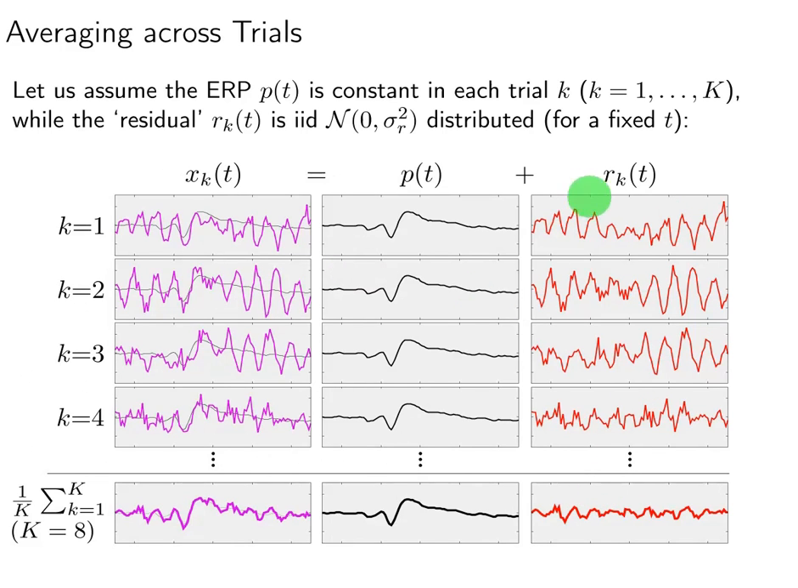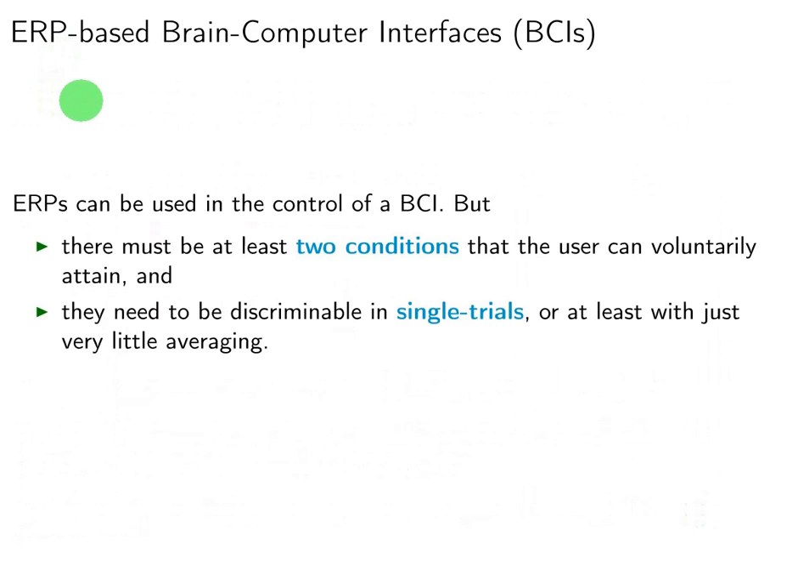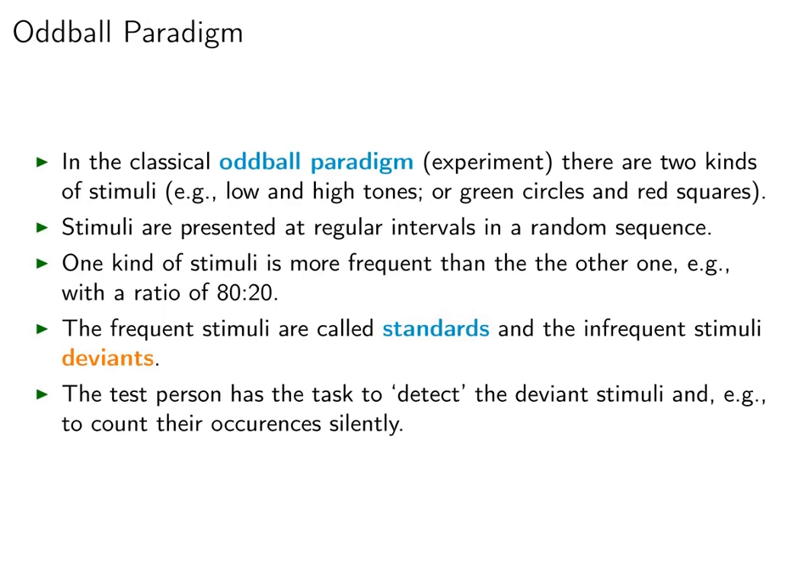Visually we can see we eventually want to minimize the noise in the data and recover the true signal of interest, the true ERP component. That's why we talk about noise here. So if you want to build a BCI that uses event-related potentials, there must be at least 2 conditions that the user can voluntarily attain, and they need to be discriminable in single trials, or at least with very little averaging. These two different experimental conditions can be acquired using the so-called Oddball paradigm that is used in experimental